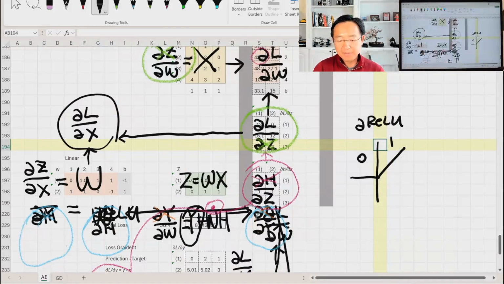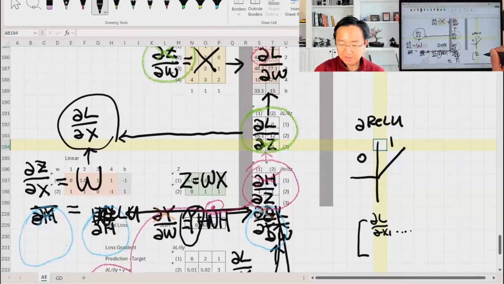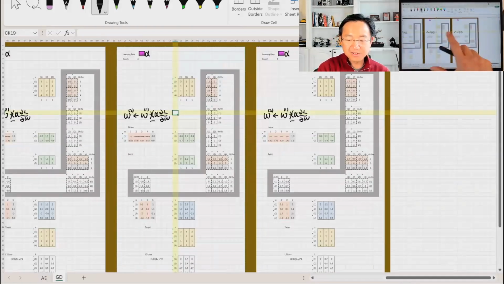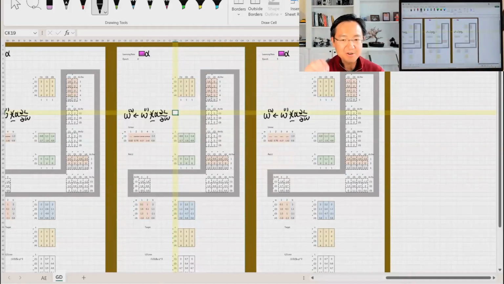Pretty messy, but it's still a lot better than seeing this crazy Jacobian, kind of 1 by n, with dL over dx1 through dxn, kind of like this, and a bunch of stuff like that which is typically what you see in a math textbook. But hopefully this Excel representation is slightly more accessible for you, to follow how I trace backpropagation and then go horizontally through time, how you can run gradient descent with the goal of decreasing your total loss